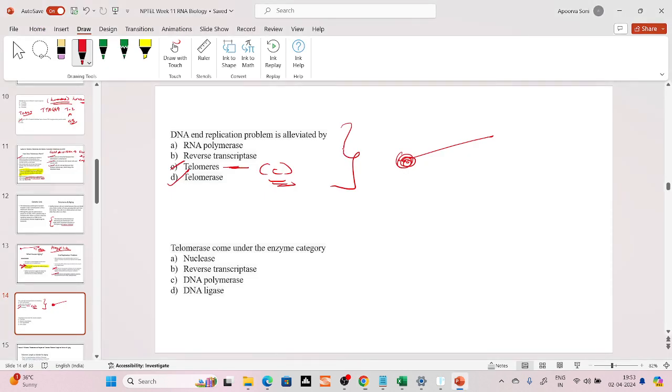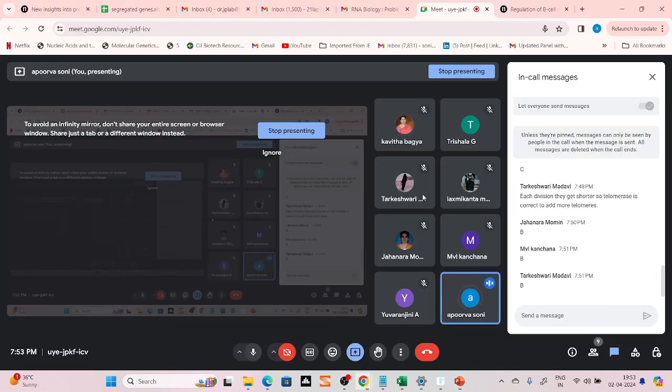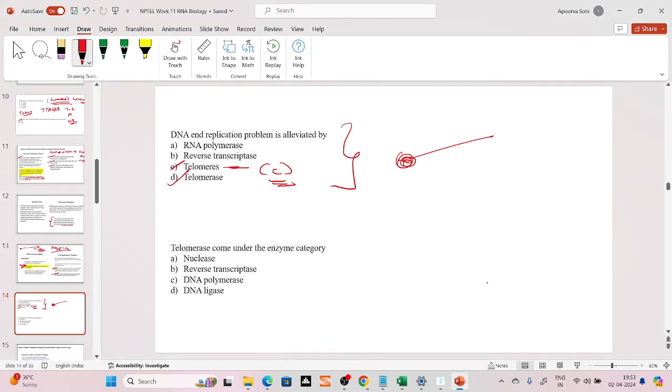Next question is, does telomerase come under the enzyme category: nuclease, reverse transcriptase, DNA polymerase, or DNA ligase? So I think people have answered it. Okay, B, reverse transcriptase, yes. So telomerase comes under the category of reverse transcriptase, correct. Okay, so now we'll come to the next,